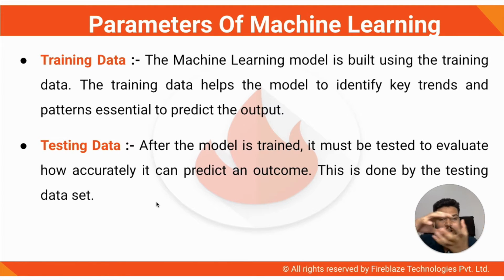So what you will do is, out of those 10, maybe 3 I will take out and keep separately, and on the remaining 7, I will train my machine learning model. I will give it to the machine learning model, and on those 7 entries, my model will adapt and get trained. After the training has been done, I'll give those 3 remaining entries, those testing entries, to the model and ask, tell me the answer. And whatever answer the machine gives, I'll compare with my output, because I already have the output, right?